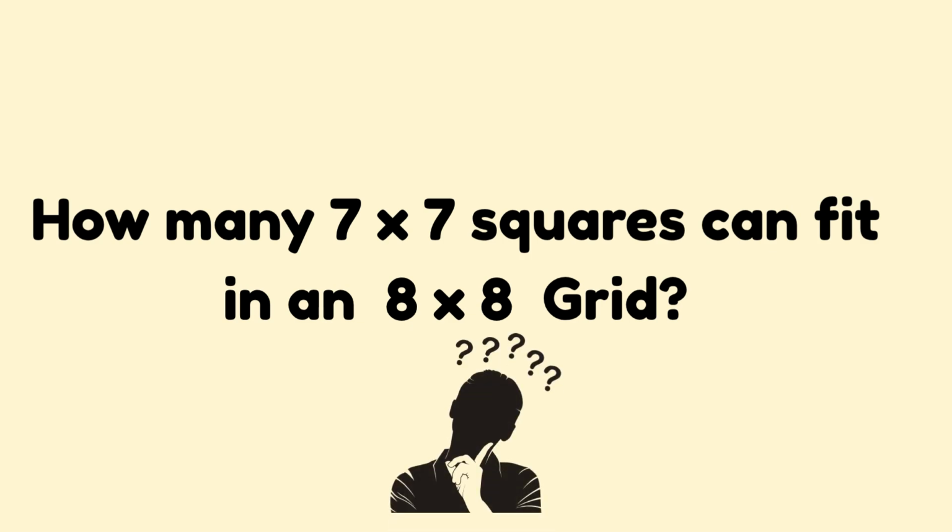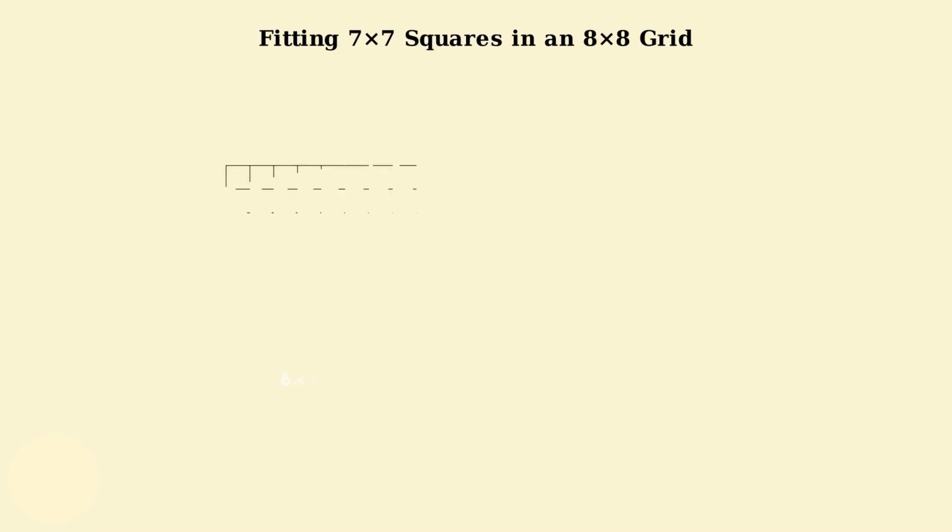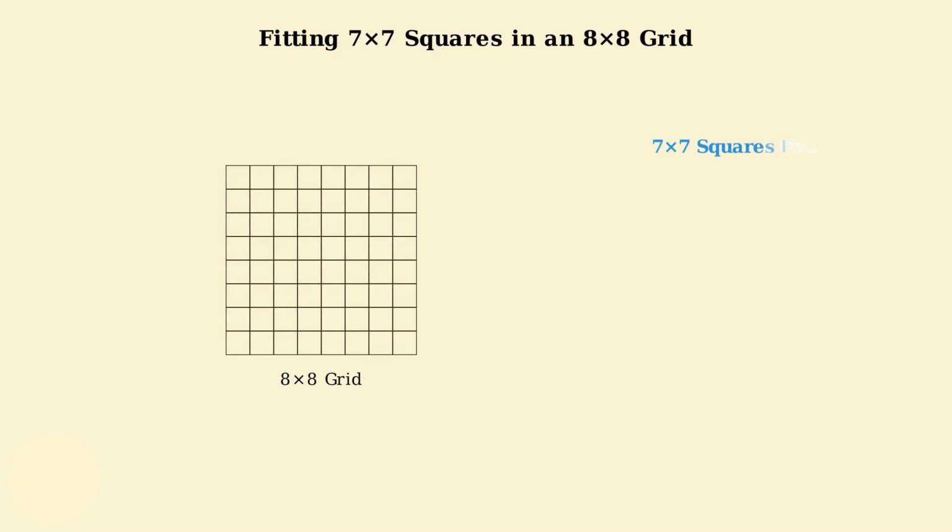We're going to explore how many 7 by 7 squares can fit inside an 8 by 8 grid. This is a fascinating problem in combinatorial geometry that demonstrates systematic counting principles. Starting from the top left corner, we can place our first 7 by 7 square. This square occupies 49 of the smaller grid squares, leaving one column on the right and one row at the